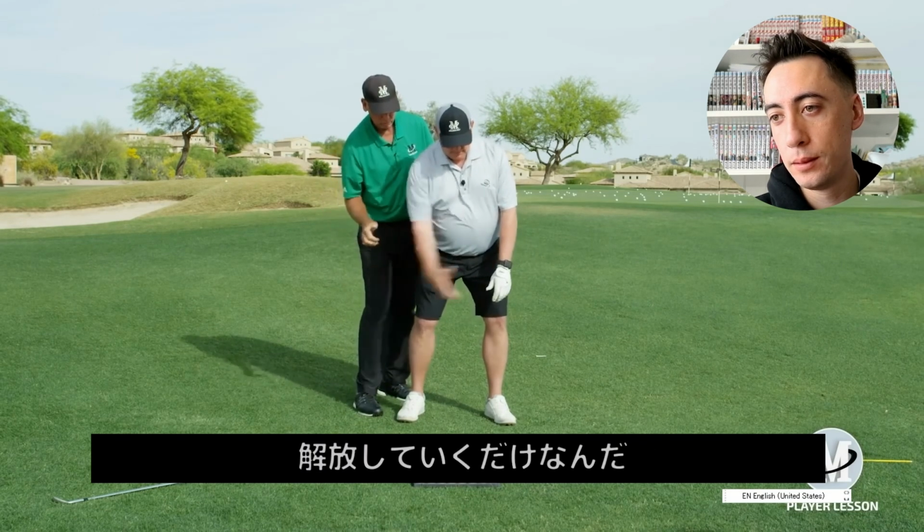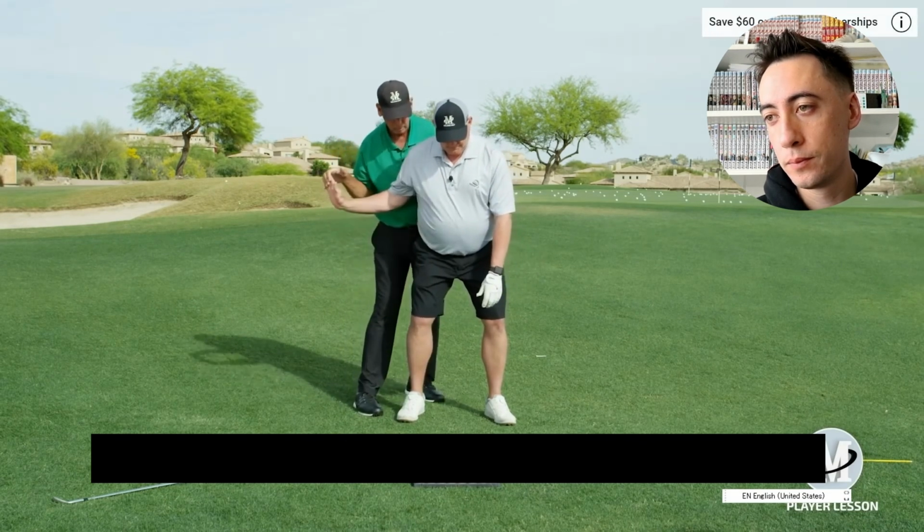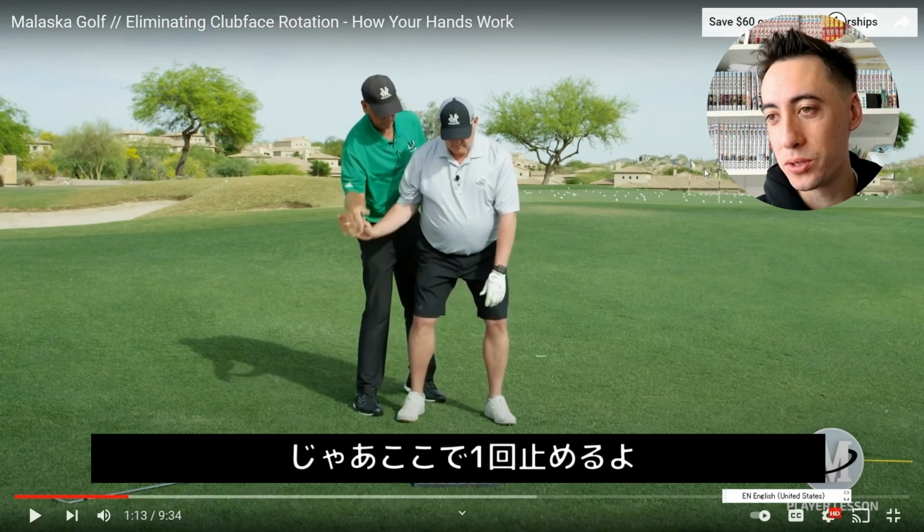Go. That's what your swing should feel like. Go. Feel how it's...